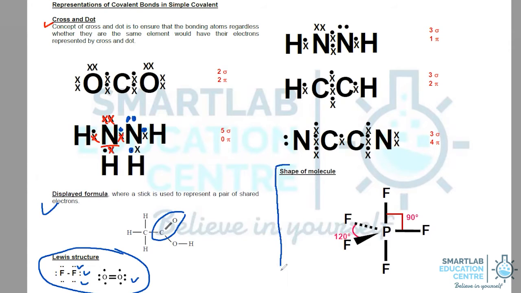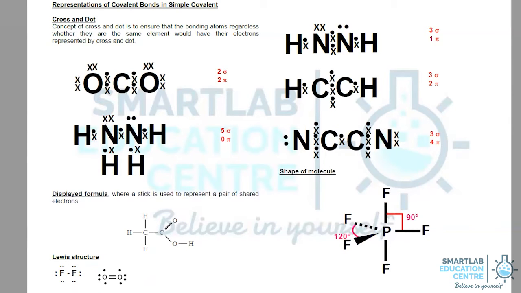Finally, we come to the shape of molecule. When you look at the shape of molecule, the normal line that's drawn represents the fact that all the bonds sit on the same plane. When you have a dash, the dash represents that the fluorine atom now pops out of the paper, while the dots depict that the fluorine atom pops behind the paper.